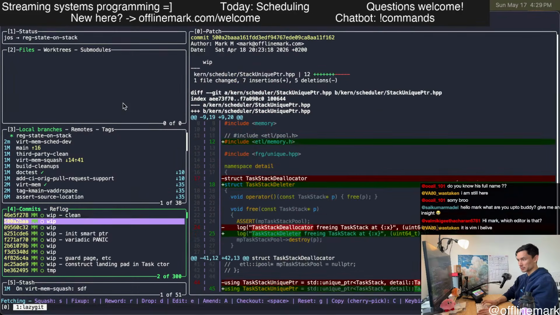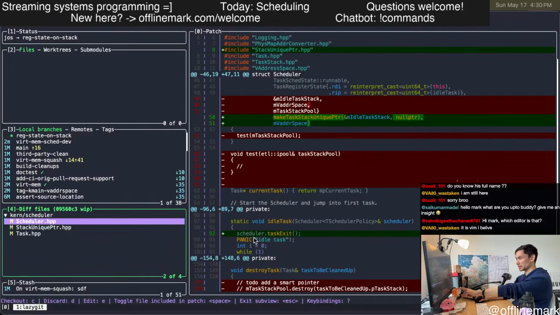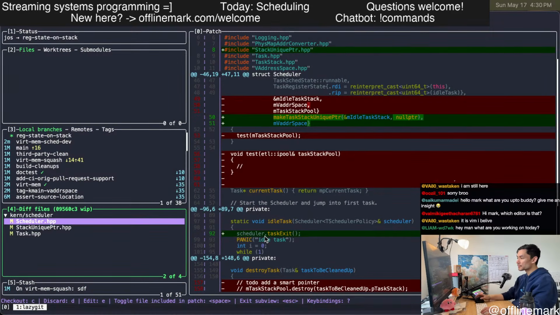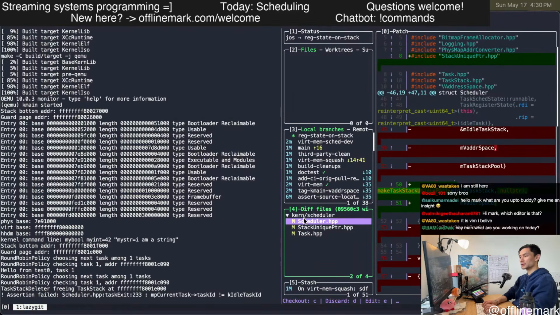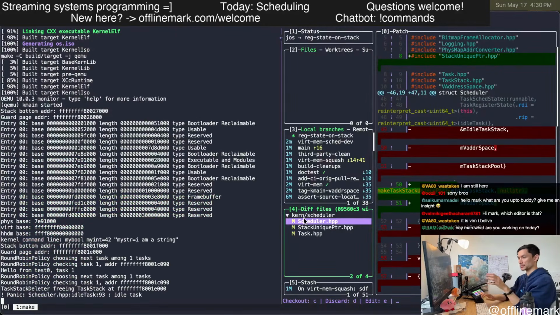What editor? I'm using VS Code. But this is the problem. I randomly was making the idle task exit for some reason. Let me just comment this out. Okay, good. So, idle task.